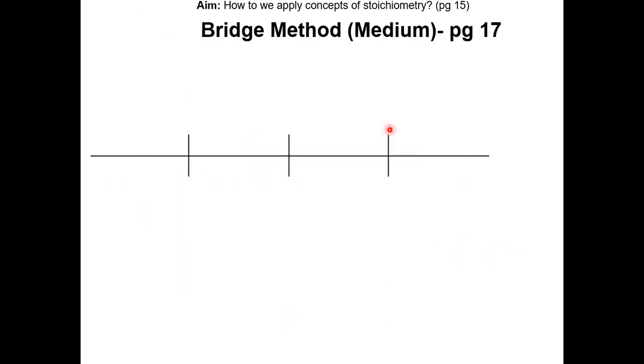The second method is called the bridge method. This is a medium level method. It has a slightly different approach from the 3 plus method. The procedure and example is found on page 17. The bridge method involves setting up the calculations first using a 4 by 2 boxes